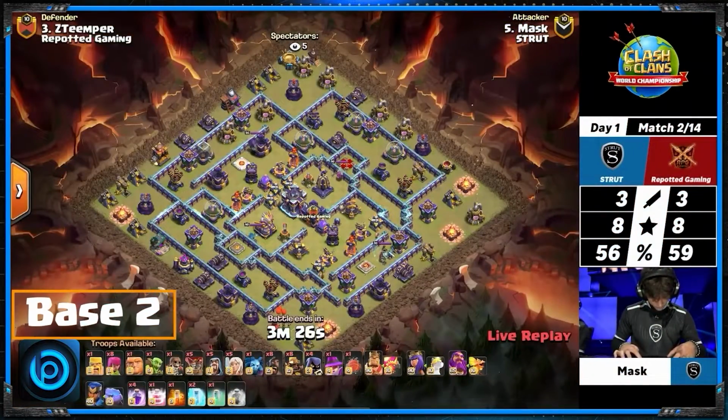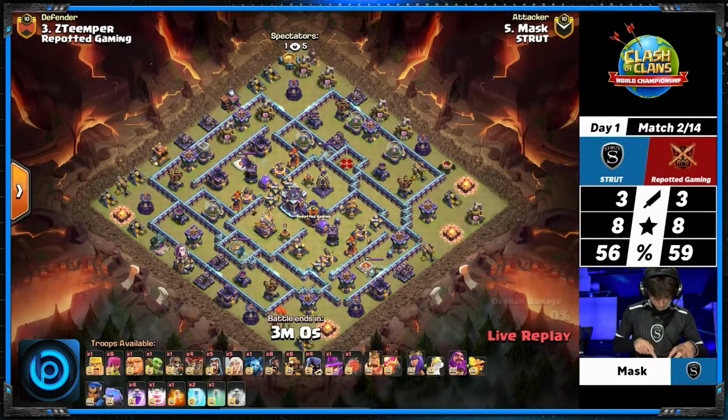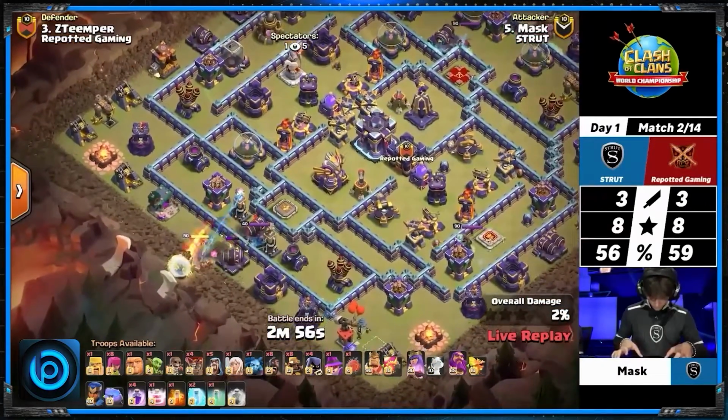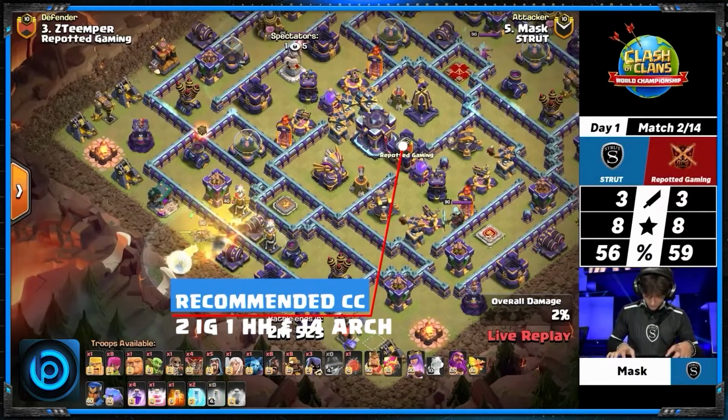I am nervous for them. Mass with the Queen charge, Twin Hogs, and the recall spell. I always love seeing some recall attacks. Yeah, and it feels like Repotted really have said, okay,